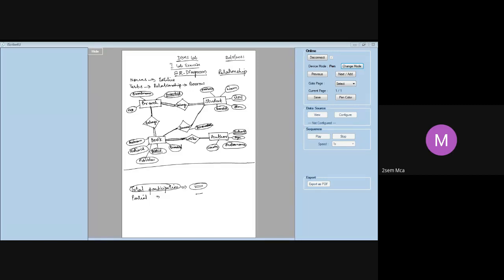Before you write the first lab exercise, as I told, the basic SQL commands, what is DDL, what is DML, what we started off now, that has to come. I will be sharing what you have to put into the record after this lab session. You have to write that first, followed by your first exercise. I think you may not have lab records as of now. Let us wait for some shops to open and then we'll see. We'll give you instructions on how to write it. Okay, let's continue.